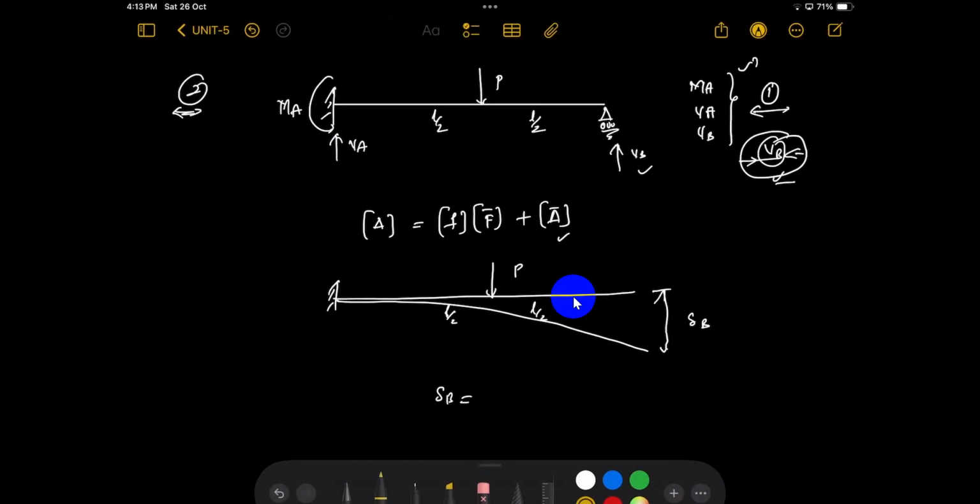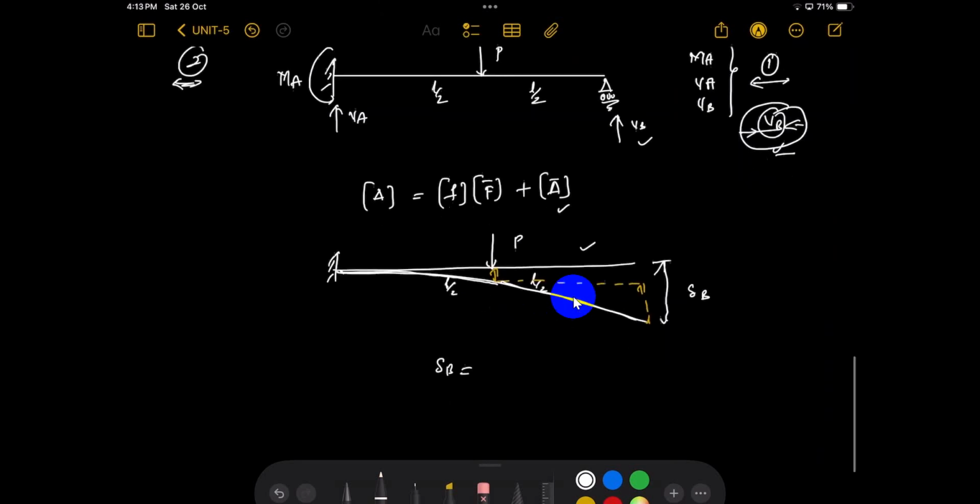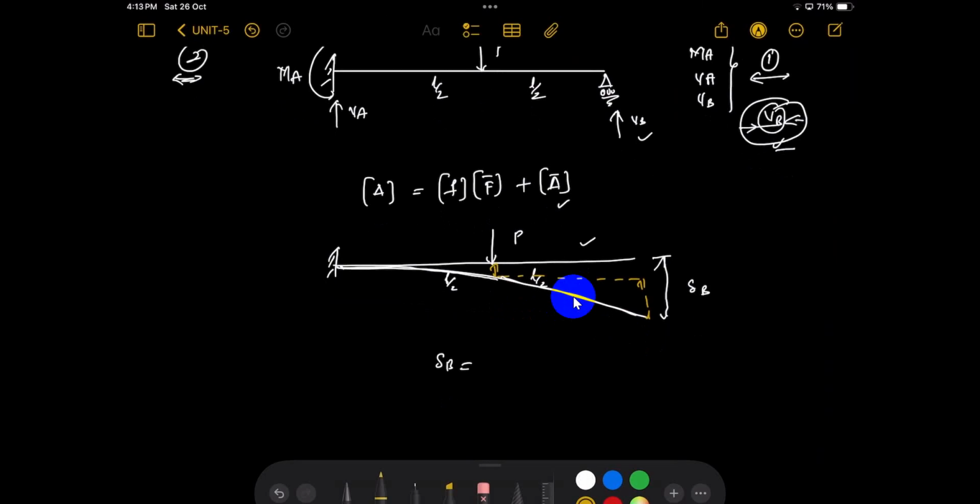You can easily calculate it by this displacement and this displacement, because this is a curve and this is a straight line, as there is no movement here. So what is this value? This value is PL cube by 3EI. What is the slope here? PL by 2 squared by 2EI. Slope into this distance, which is L by 2. Got the point? So exactly that is 5 by 48